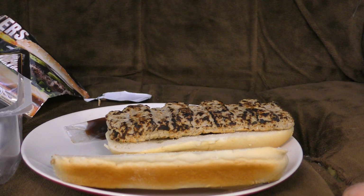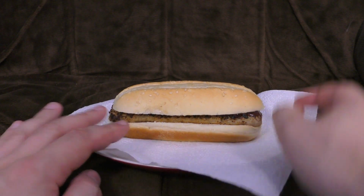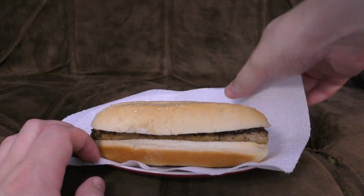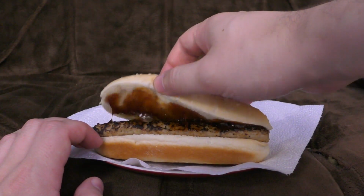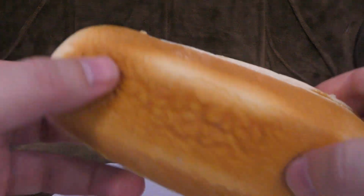Do you know what? I know this is probably going to be the lowest quality out of the lot, but I know I'm going to enjoy it the most as well. Well, here it is in all its incredibly sweaty glory. If you're wondering why I've been putting this underneath, it's to try and soak up some of the lovely, lovely sweat. Right, these have a very, very distinctive smell, these things. Not only when cooking, but just when you open the...